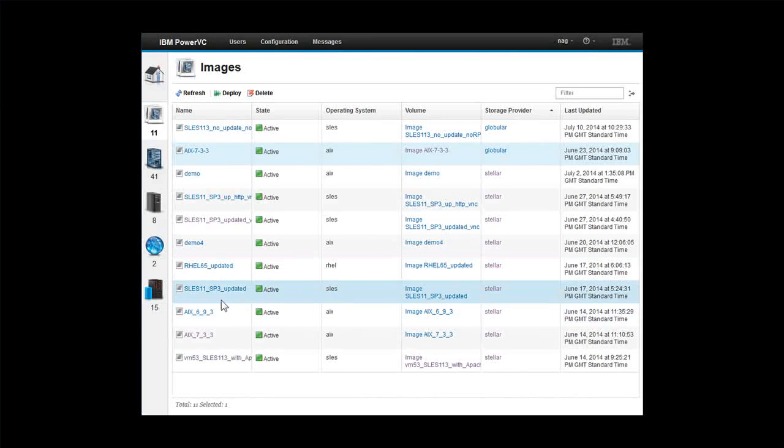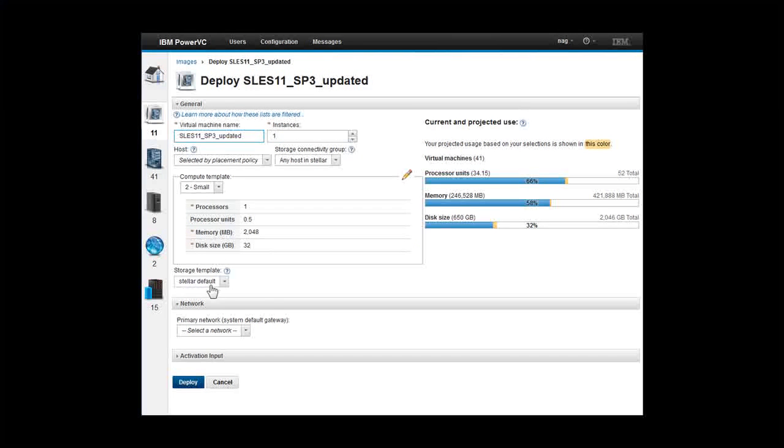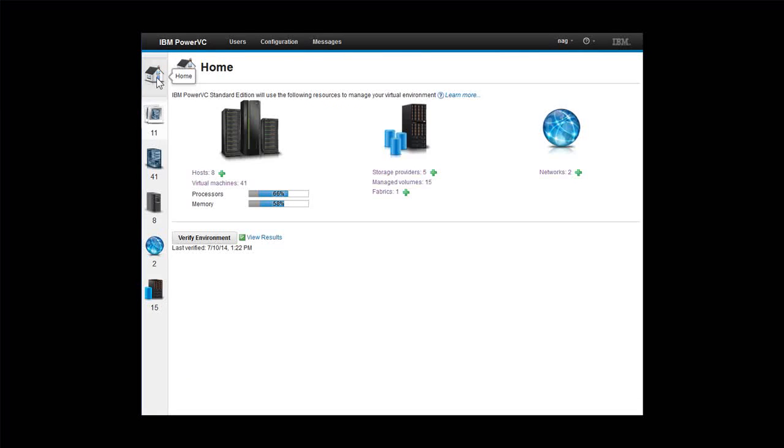If we try to deploy, let's take this SUSE 11.3 and deploy that. This is in Stellar. And we can see the storage template is in the Stellar as the default, and in here we can use the placement policy, or you can see here these are the 5 machines that are part of the Stellar shared storage pool. They're the only possible targets as the disk space is already in Stellar. If we cancel out of that and back to home,